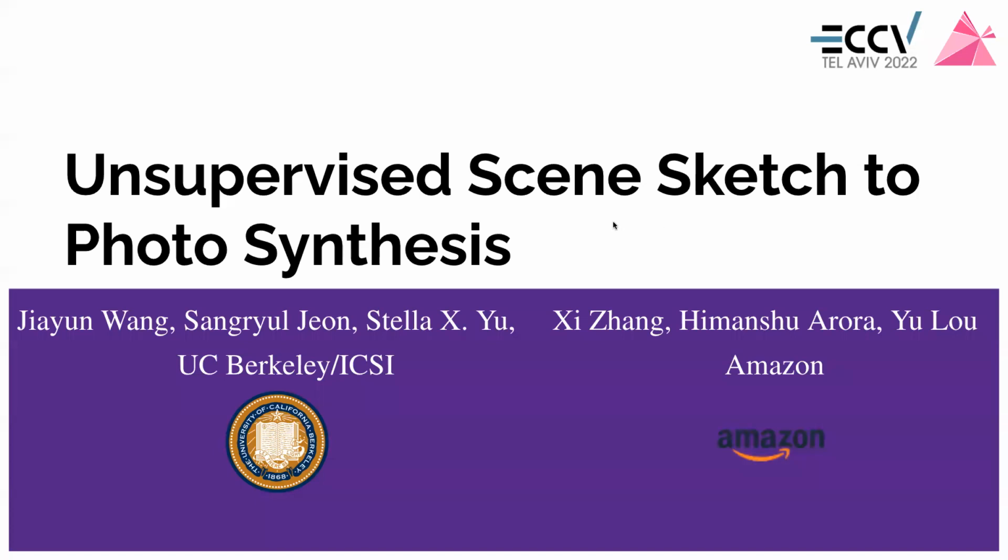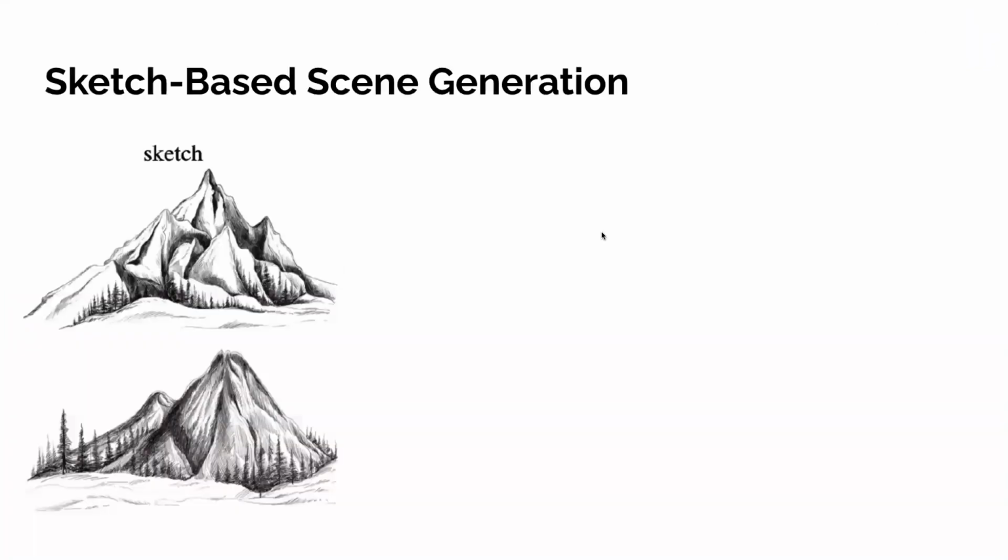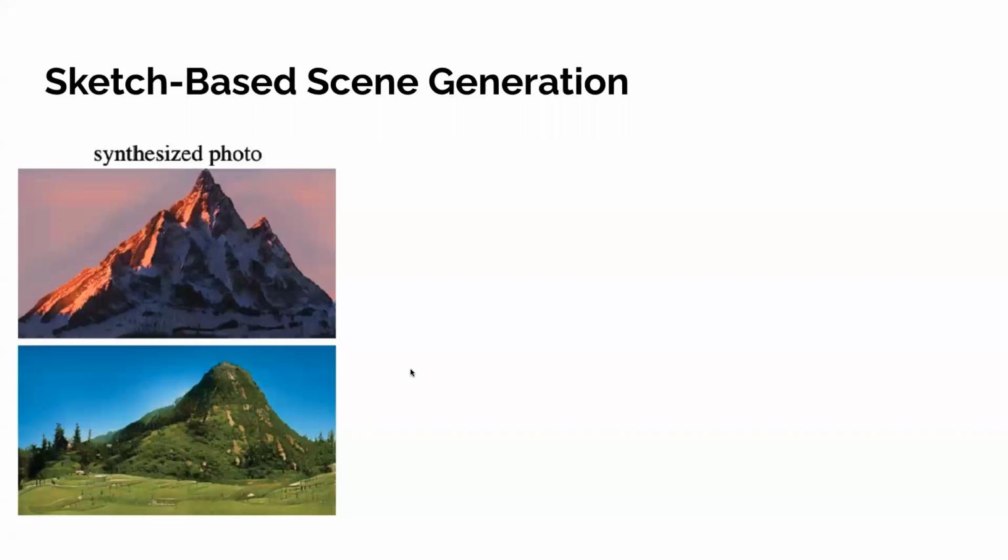Today we present unsupervised scene sketch to photo synthesis. So we look at the task of sketch-based scene generation. For example, we have a scene sketch of mountains on the left. They can be of different shapes, or they might have different components or objects in the scene. For example, you have pines, you have mountains, right? And then our goal is to synthesize a photo that looks realistic and has a similar shape as a given sketch,